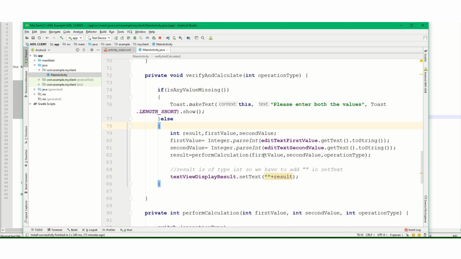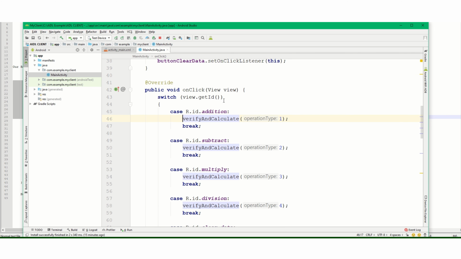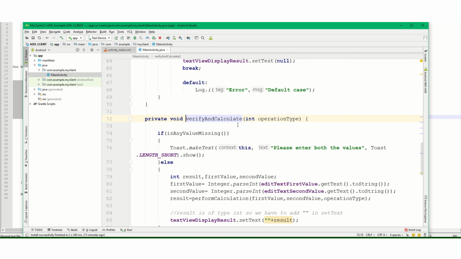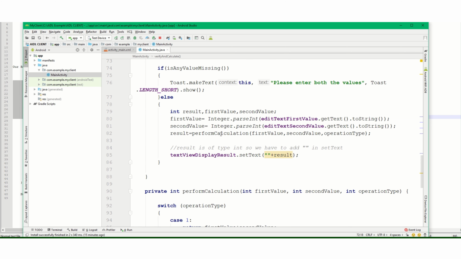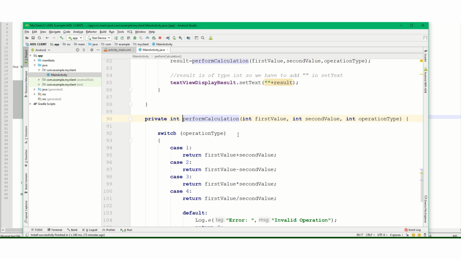The parameters here are first value, second value, and third is operation type, which is 1. See, we have clicked on add, so operation type would be 1. It will go here and perform calculation. As our operation type is 1, in the switch case it will go to case 1 and will return the addition of both the values.